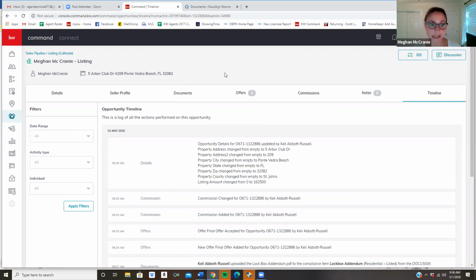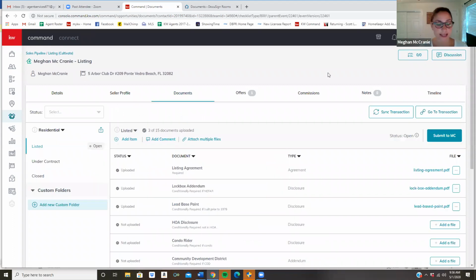All right, cool. So just to recap, today went over compliance and how to get paid. So compliance, this is why it's super important that you start your opportunity first, then your room. Okay, that's the first thing. Second, you can add multiple documents or individual documents line by line to